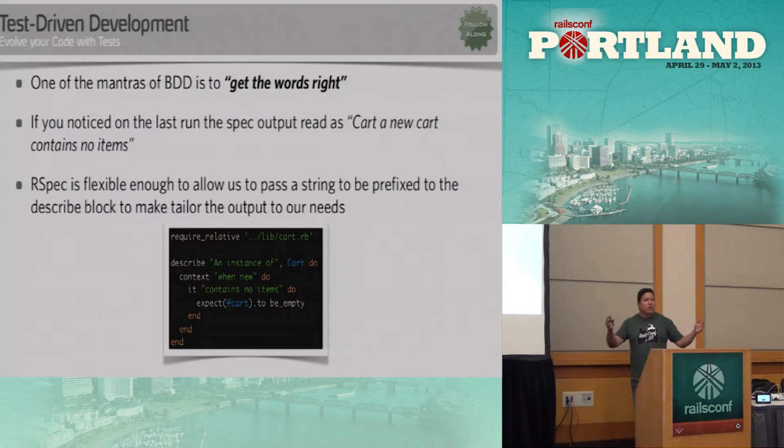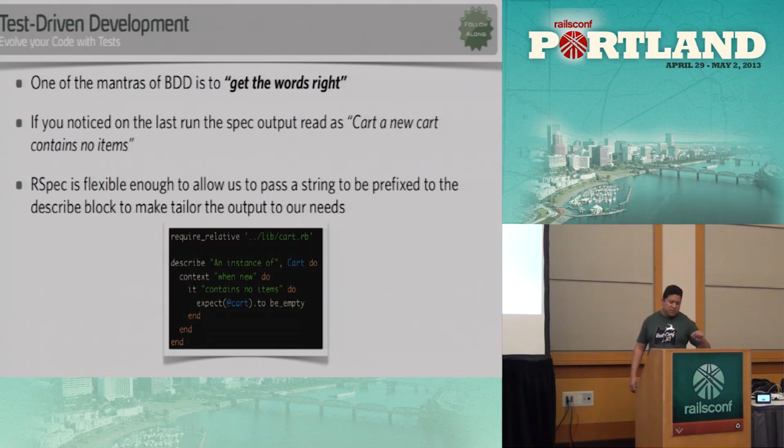You have free-flowing strings in there to make sure that the output of the test reads like something that makes sense. So I'm refactoring the test a little bit, and I'm adding a little bit of programmer lingo in here because I want to know which entities I'm dealing with. I'm saying describe an instance of, passing the class Card. By actually passing the class object in there, RSpec knows that you're dealing with that Card class, and it's expecting that Card class to exist.